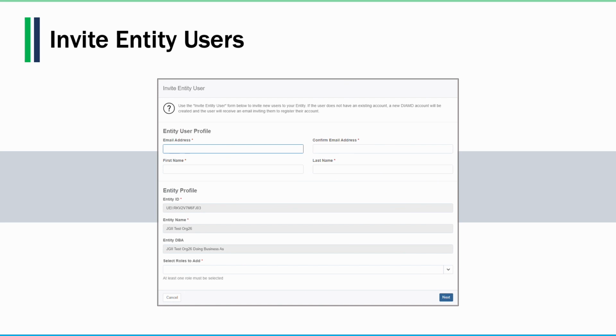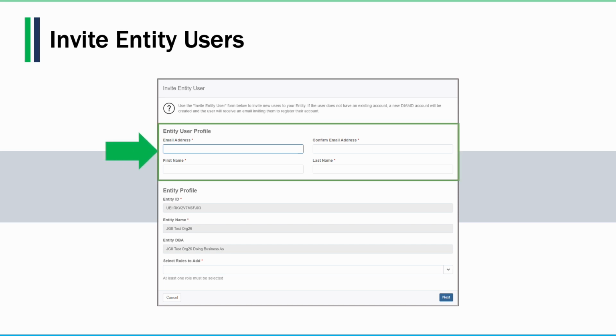Fields that are marked with the red asterisk are mandatory. It is not possible to submit if these fields are blank. The data in the entity profile section is auto-populated from the entity information entered in SAM.gov. Enter the entity user's email address, first name, and last name into the designated fields in the entity user profile